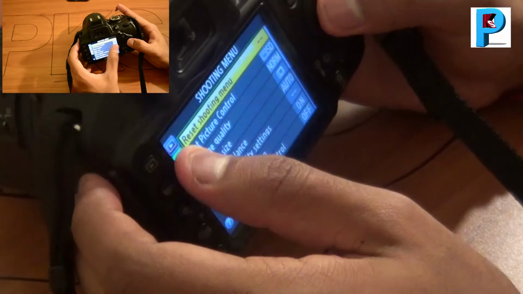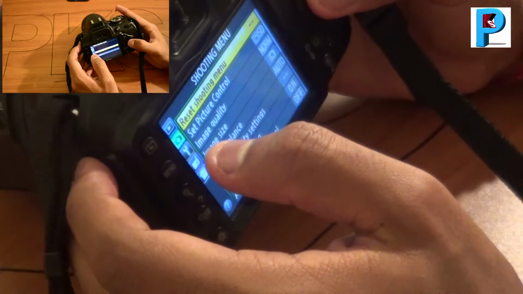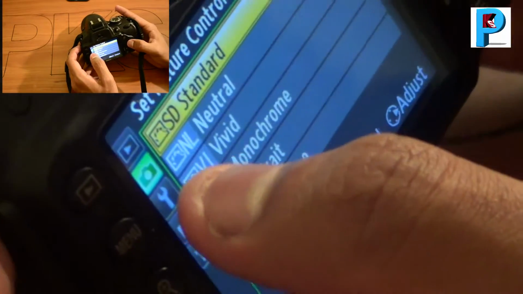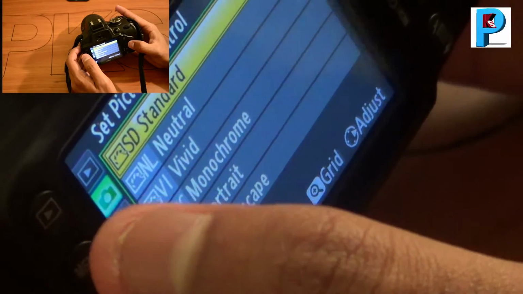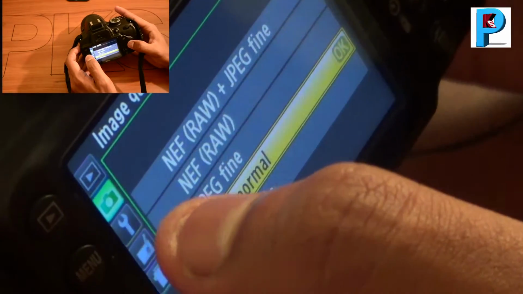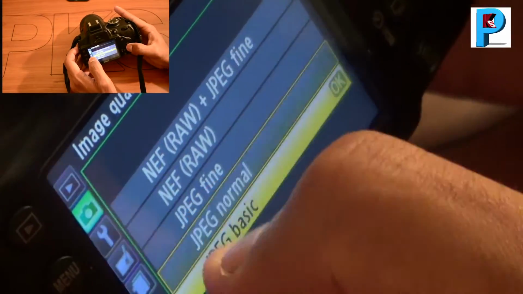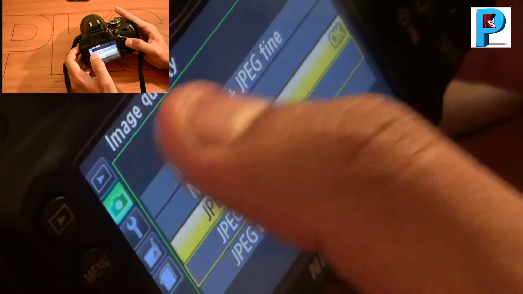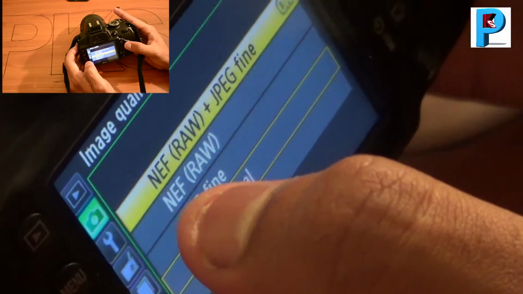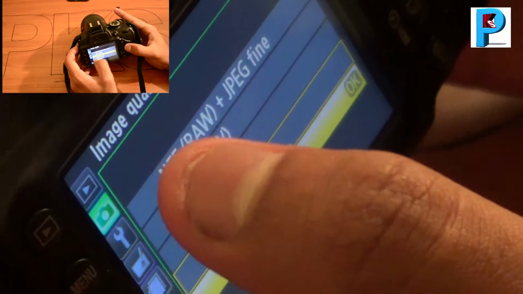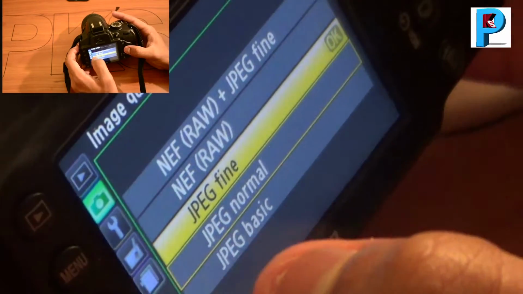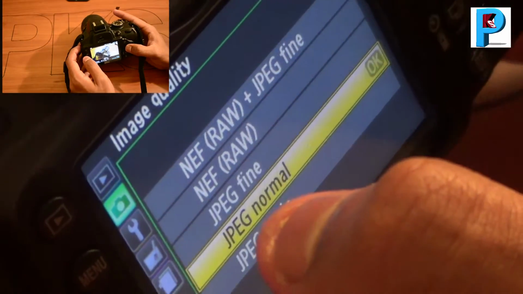Okay, reset shooting mode. Let's do that so we can restart everything the same. Set picture control. This is the standard. You need that, it doesn't really matter. These are really good. These are some of the important things that you need in a camera. JPEG is just fine. You can take a picture and it'll be a lot more. Also,